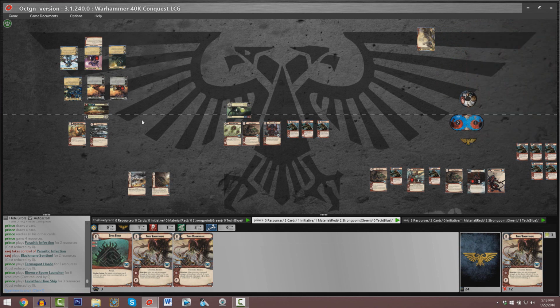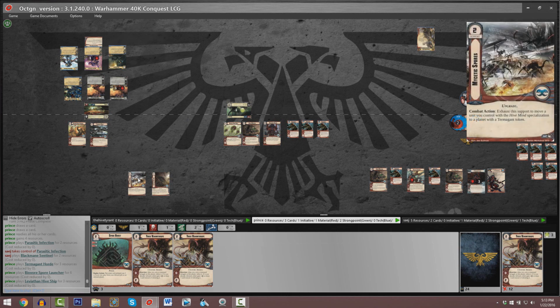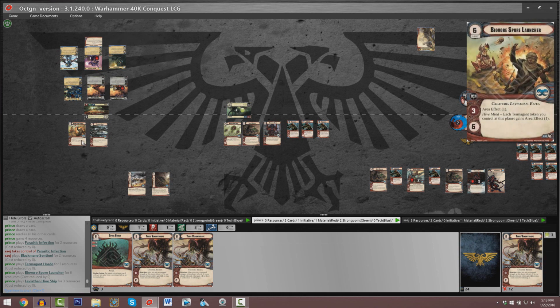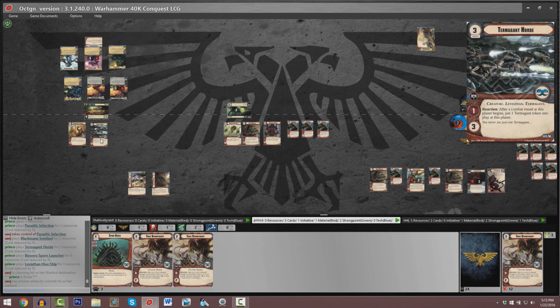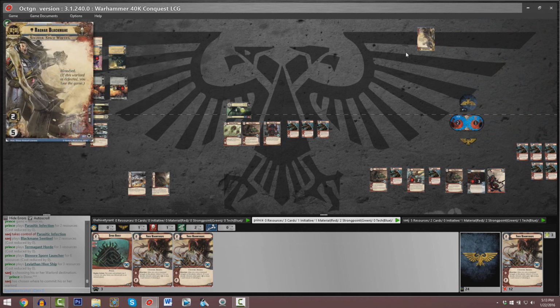If our Tyranid player isn't able to play Indescribable Horror, should he end up drawing one and having enough resources to actually play it, which it's not looking like he has enough resources now, but between Mycetic Spores, between this recently played Leviathan Hive Ship, it's looking very likely that we could see a whole bunch of Termagant tokens use area effects, start threatening all of these Space Marine units en masse,